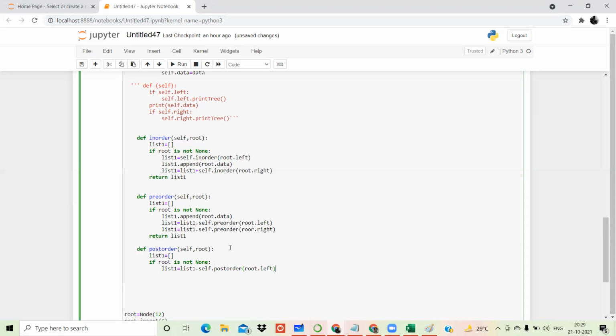And the same thing for root right. Perfect. And then in last it will be list 1 dot append. Very nice. Correct. Root dot right. List 1 is equal to list 1 dot append and this root ka data, that is my node data. That's it.